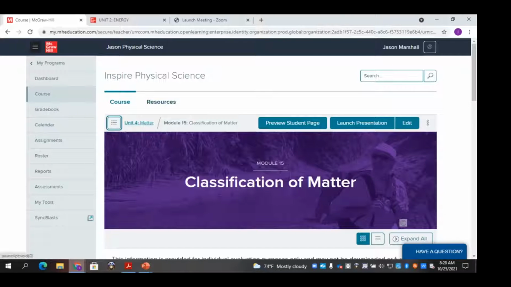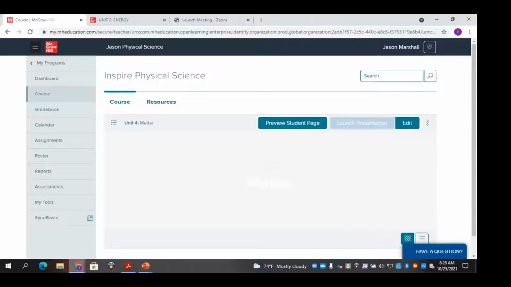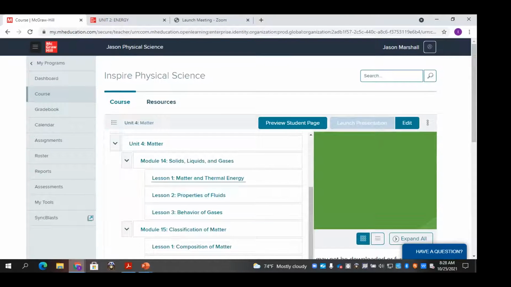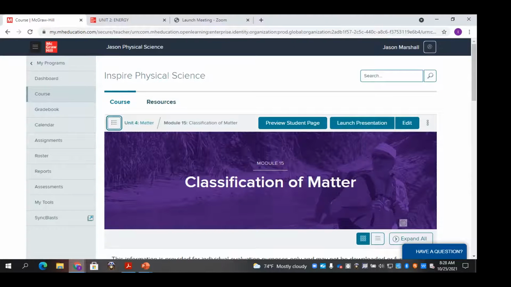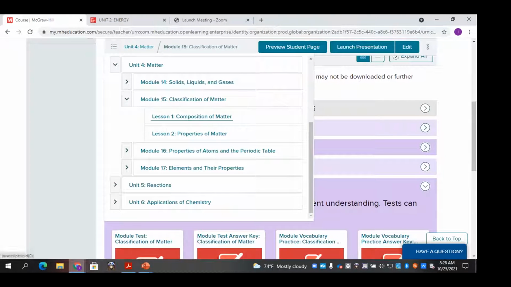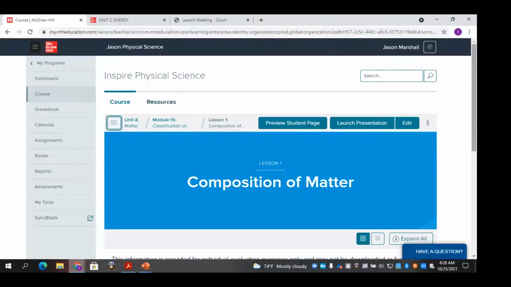Now, we've explored resources found at the unit level, okay? We have a set of file folders for the unit level. We've explored resources found at the module level. Here we have a whole set of file folders at the module level. Let's take a look at resources now at the lesson level. So if I were to go to lesson 1, composition of matter,